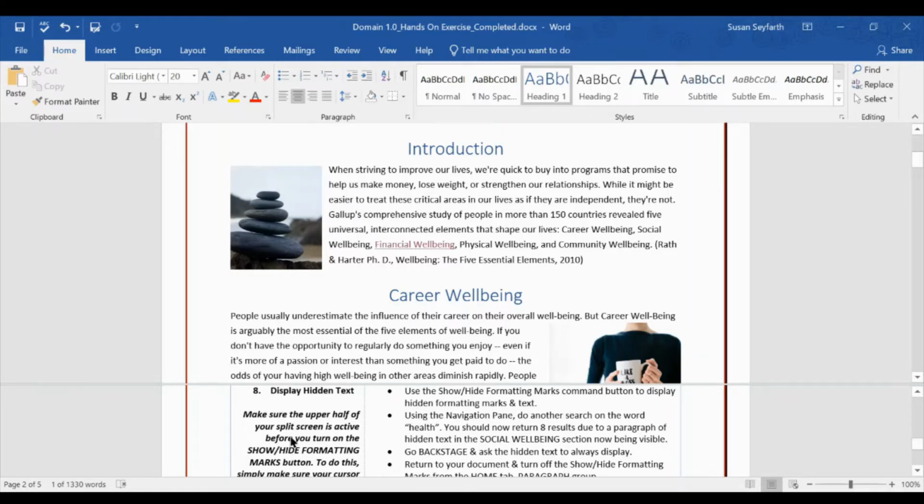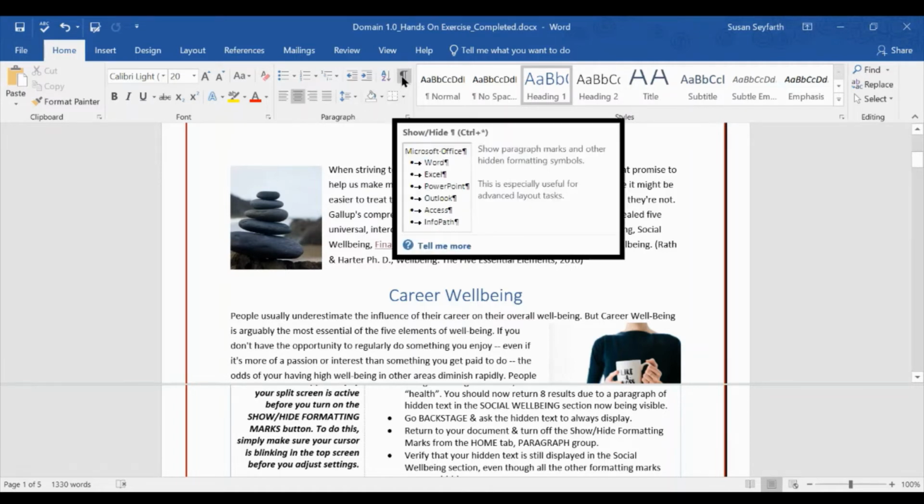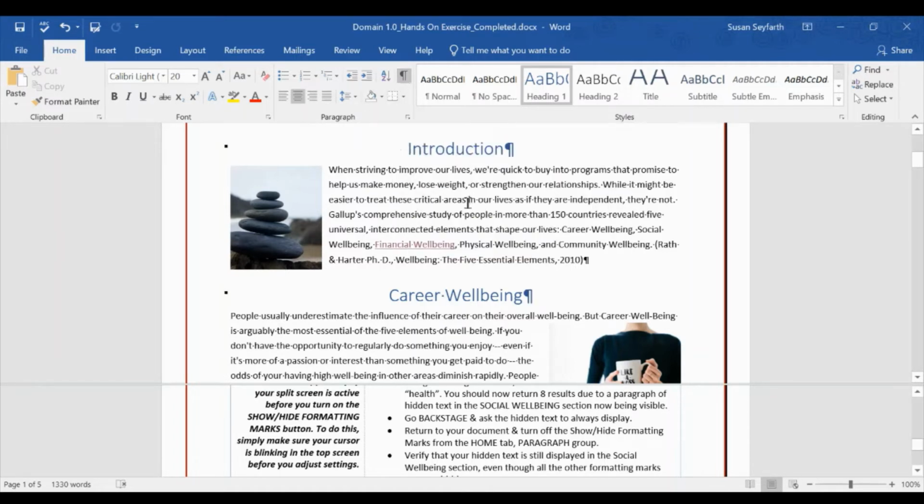Be aware over here, we talked about this in the introduction. Make sure the upper half of your screen is active before you turn on the Show Hide Formatting Marks button. This is one of those options that can be turned on just for one of your 2 windows. So make sure your cursor is blinking in the upper screen. Then we're going to find the Show Hide Formatting Marks on the Home tab, in the Paragraph group, in the upper right corner. Go ahead and single click to turn this on,